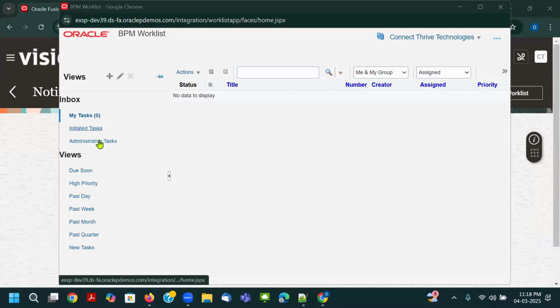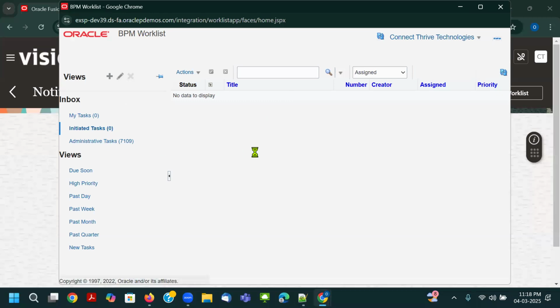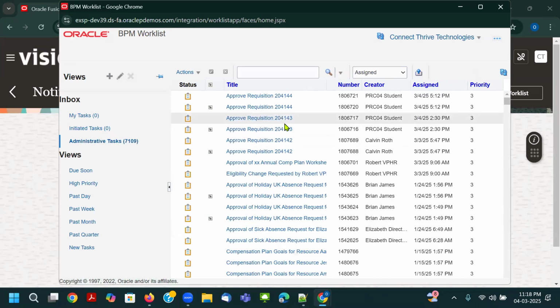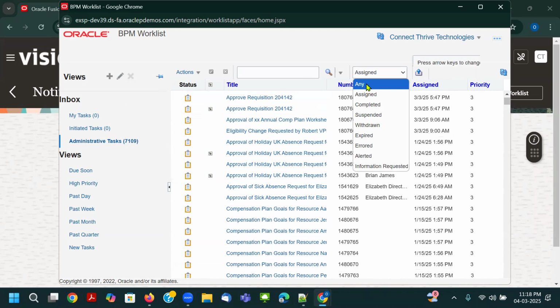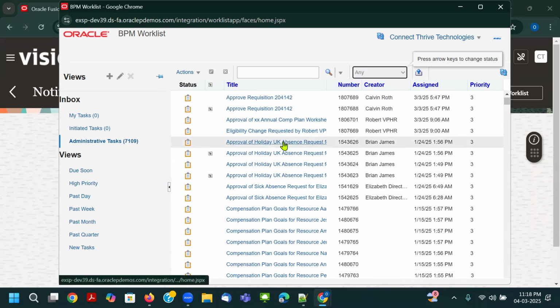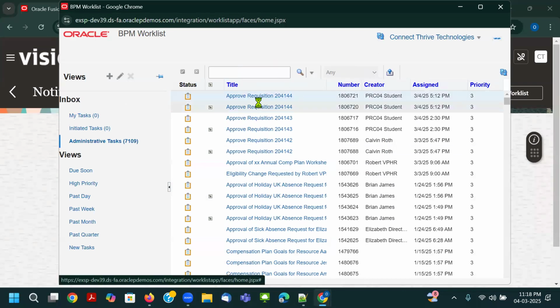So here if you see administrative task or initiator task, let's select anyone. Yeah, see. So you can see the requisition, supplier approval, PO approval. Okay. So payroll related, all invoices or else PO requisitions, all will be coming to this BPM work list level. So from this BPM work list, you can open that particular requisition or PO and you can approve it